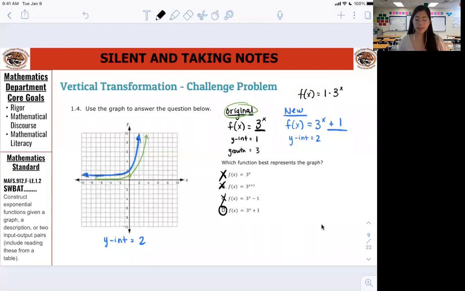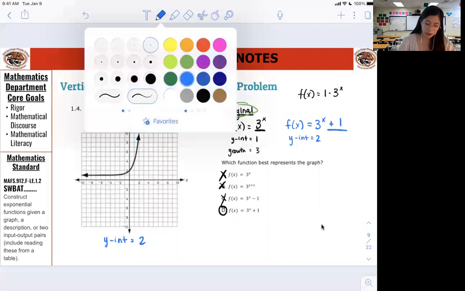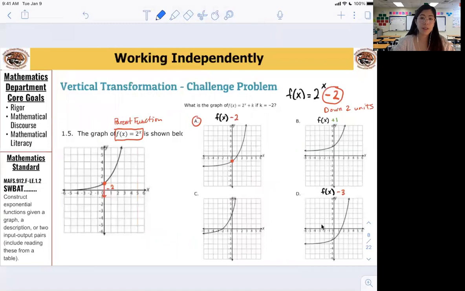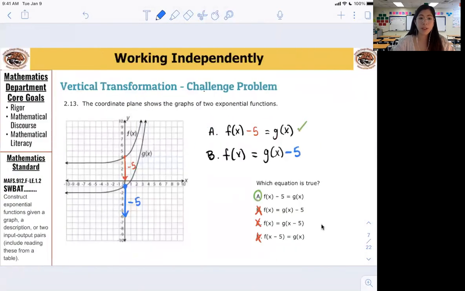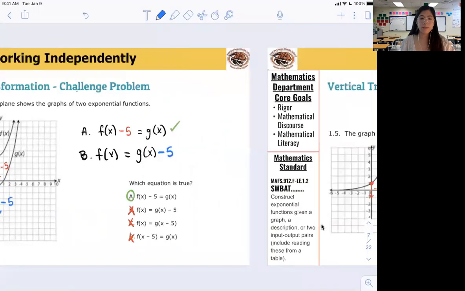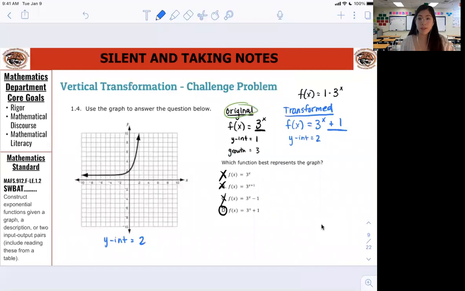Let me explain it one more time because I have a couple of questions coming in. So again, the actual graph that they're showing us is the transformed graph. Matter of fact, let me write that down. What's on the coordinate plane is the transformed graph. We don't know what the original one looks like. In this example, they showed us the original one, and in this example, they showed us the original one, right? And then all we had to do was look. But in this one, they don't show us the original, they just show us what it looks like after the